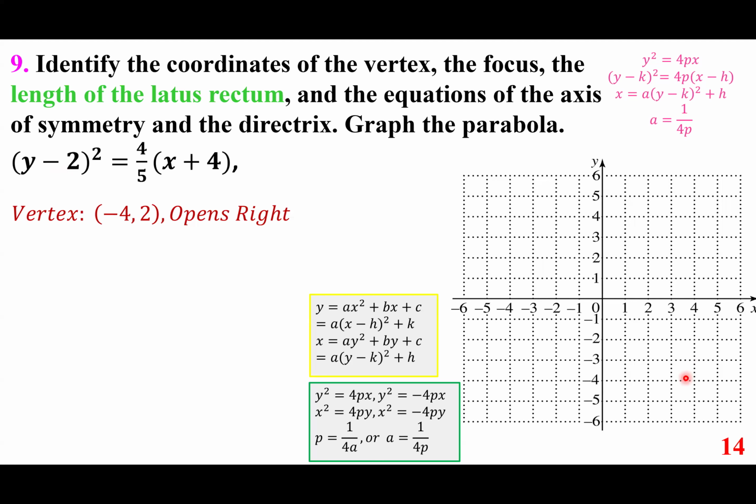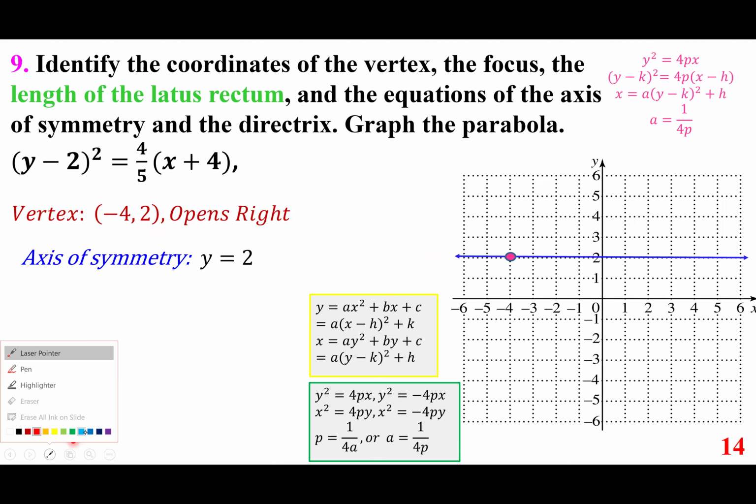So it opens to the right, like so. Therefore, the axis of symmetry is y equals 2. So that is -4, 2. Axis of symmetry is y = 2. So just right then and there, and again, just to give you an idea of what will help you figure everything out without making a mistake,